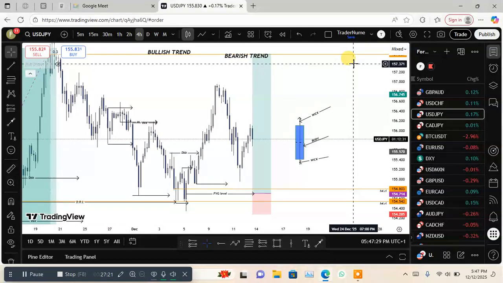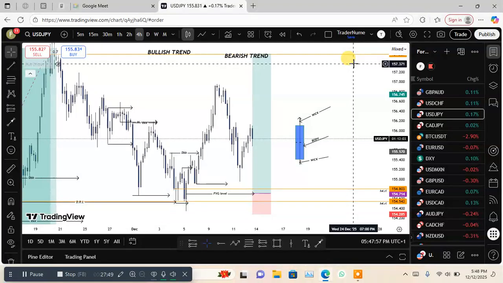We have the demand block, order block. We have the supply order block. We have the fair value gaps, and we have the key levels. So I'm going to be talking about that when we come to the next video, which I'll be doing tomorrow, explaining